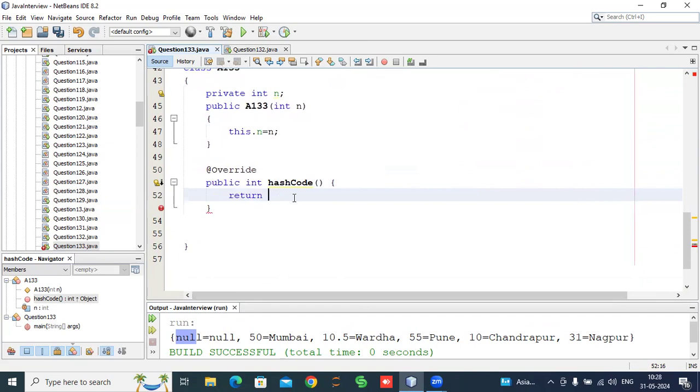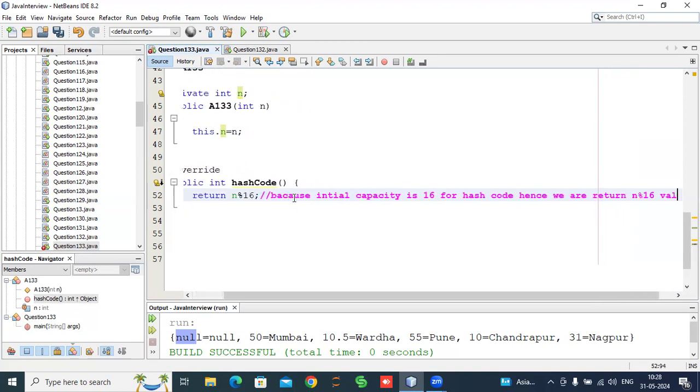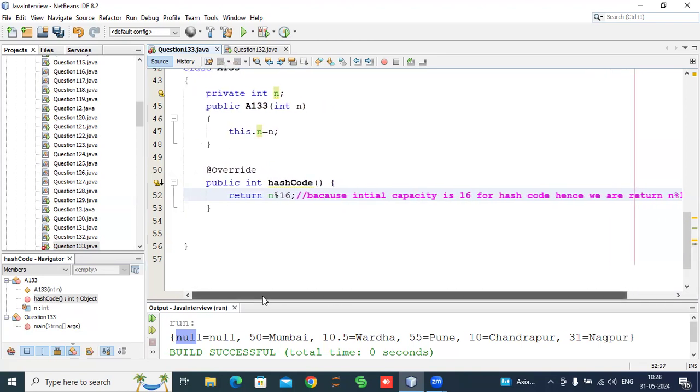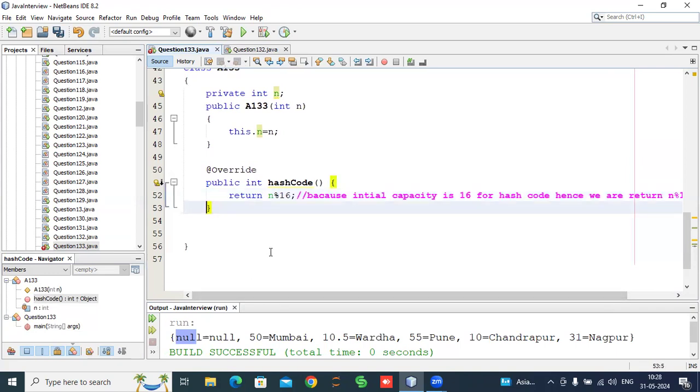What you have to do is return n mod 16, because the initial capacity is 16. Hence, for the hash code, we are returning the n mod 16 value. Got it guys? So, for example,